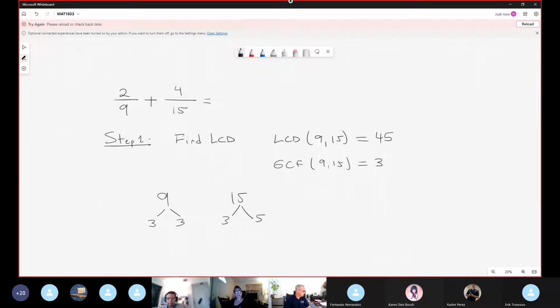Yeah, Chris. And the greatest common factor is easier, and they still confuse this concept and this concept. The greatest common factor is one of the factors that is in common, right? And the factor in common, obviously, is 3. Look, they share at least one 3. Doesn't matter what you select, this or this. However, the least common denominator, yeah, okay, Eric Troncoso, is different